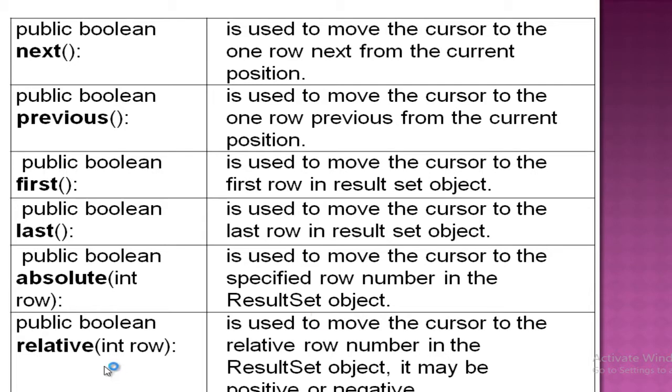So here the public boolean relative, integer rows, that is used to move the cursor to the relative row number. Whatever the row you have written over here, the cursor will go to that particular row, right? So this is about moving the cursor to a relative row number in the result set object. It may be positive or negative. Okay, so next,